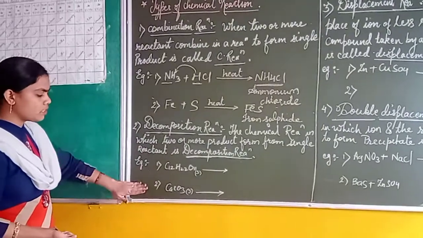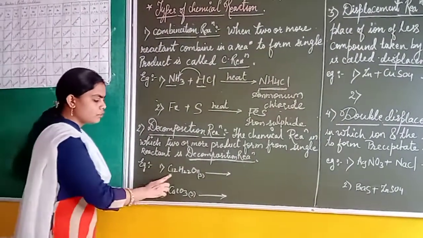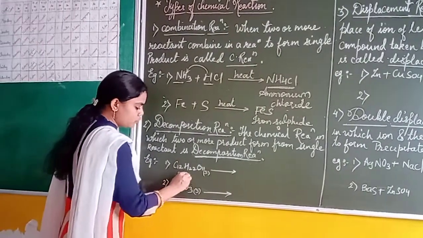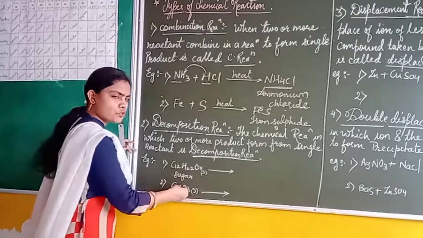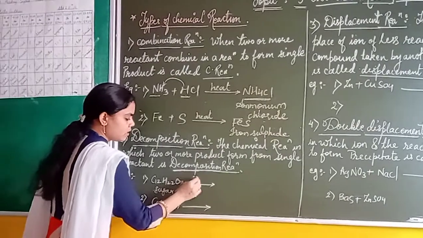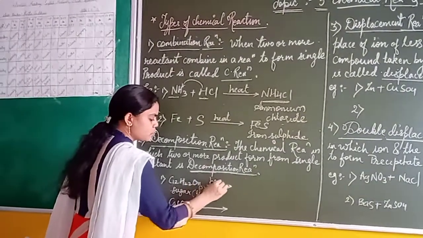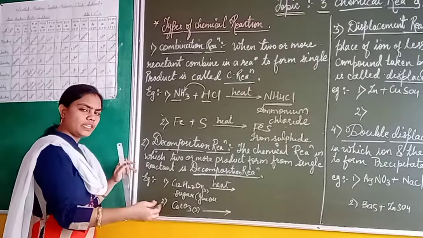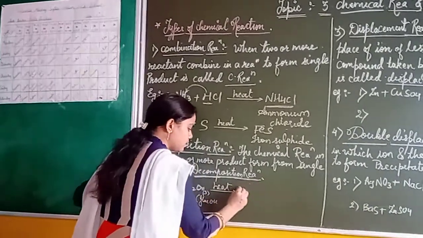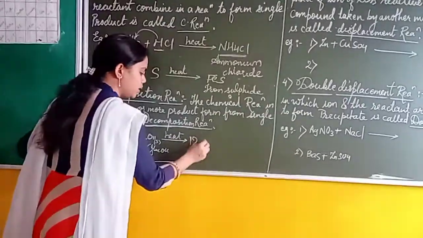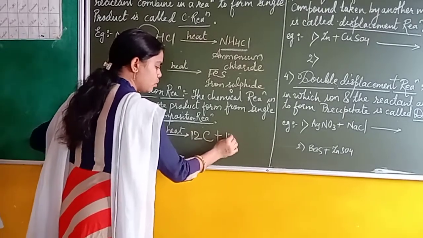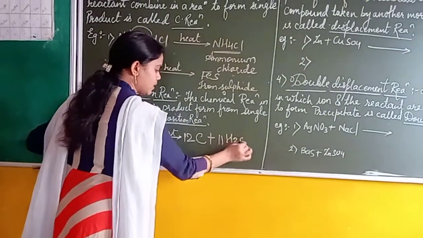Right? So here we are going to see the examples. As I have written here, the formula of sugar, C12H22O11. So this is the formula for sugar we can say. So what if you are going to heat this sugar, what will happen? If we are heating, this sugar is going to convert into blackish color ash. So what it is going to give us is 12 molecules of carbon plus 11 molecules of H2O we can say, right?